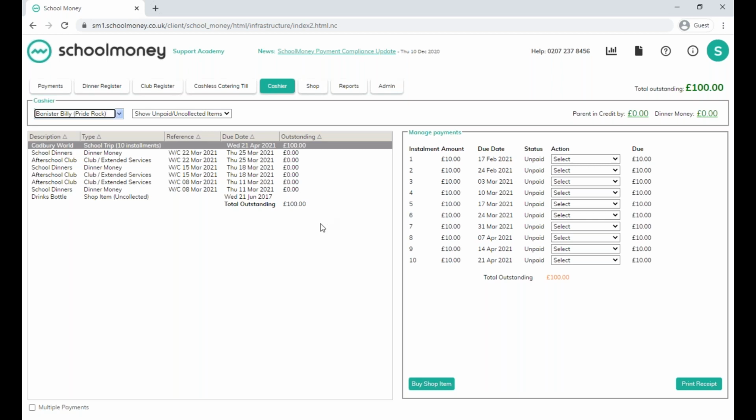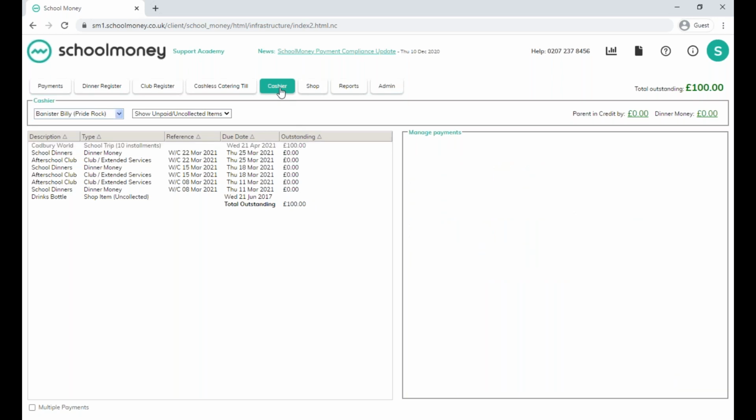Had another question about removing leavers. So to remove a leaver, have a look first of all if the leavers have got any debt. If they have got debt, then you may need to write off their debt first of all, or chase them for their payments. But once you've done that and you want to take them off the system, you can do that by going into admin,